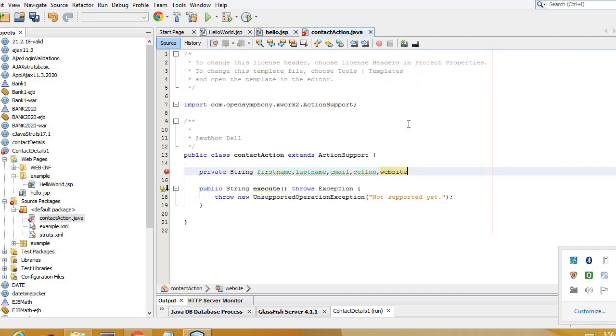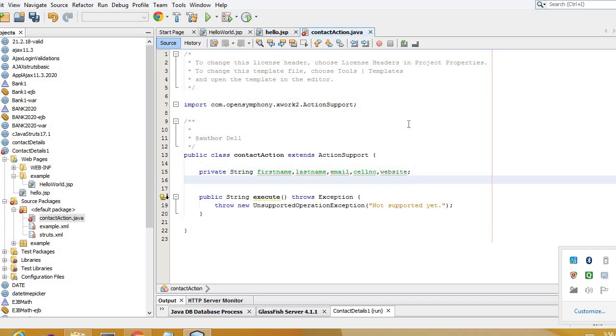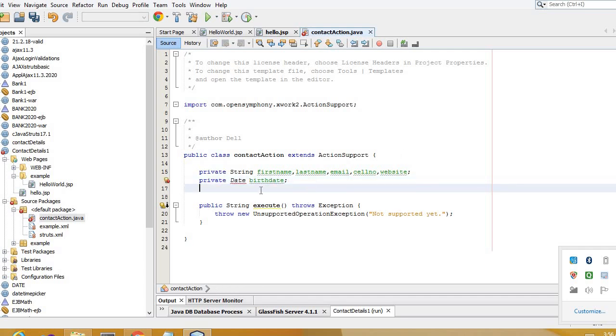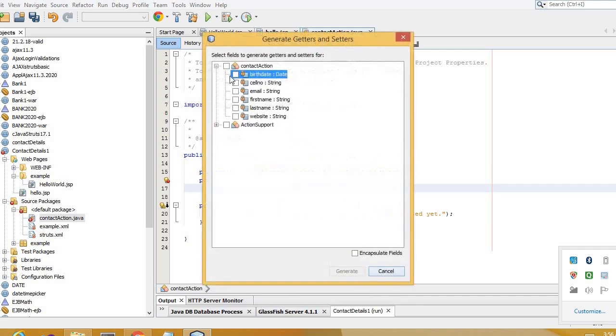So birth date data type is date. Okay, so we will have something else for that, that is private Date birthDate. We will just create the getter and setter methods for this. So insert code, we will have the getter and setter for this, and we will get the things.